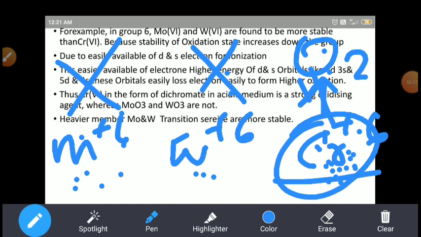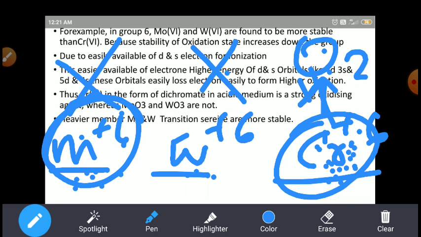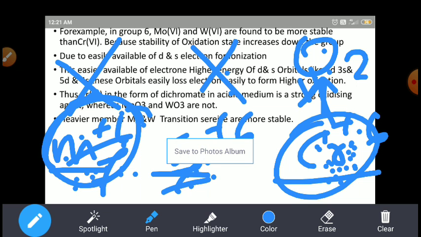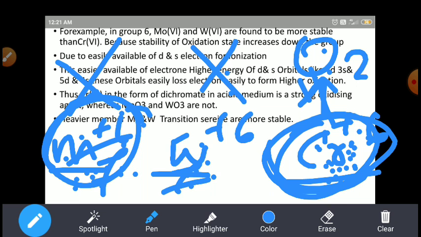So the chromium here in this oxidation state is unstable. Molybdenum and tungsten remain stable because the outermost electrons present here are concentrated toward the nucleus, because the 4f orbitals are occupying here. So the rest of the electrons are concentrated toward the nucleus. But the chromium species in the +6 state will attack the oxygen to form Cr2O3, Cr2O7. In the molybdenum and tungsten case, they are concentrated toward the nucleus, so they will never attract the oxygens and never form oxides.